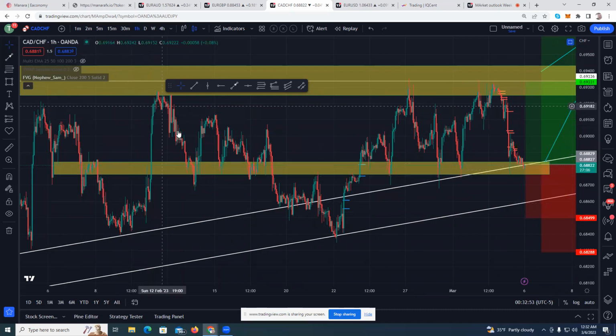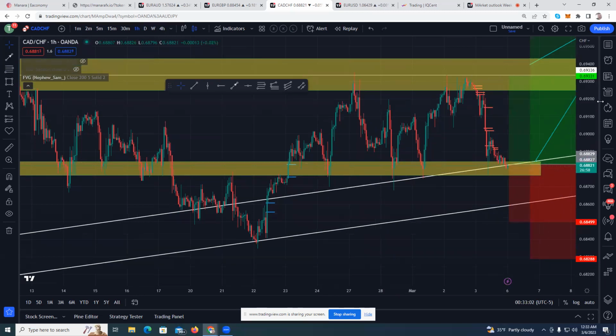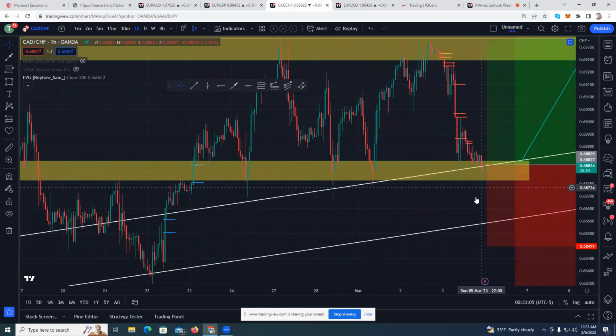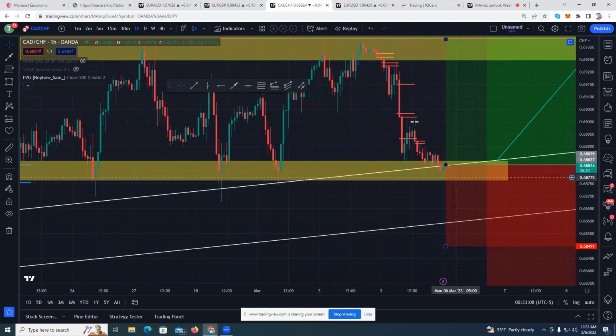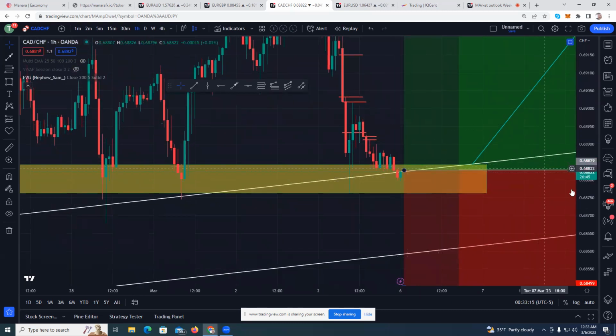Once it broke it, it pushed through. So here we are respecting it, pushing up, respecting it, pushing up, respecting it, pushing up, finding ourselves back into this area, and we are wick rejecting, and now we have created another scenario where we do look like we are starting to reject this area again, and price action is pushing up,